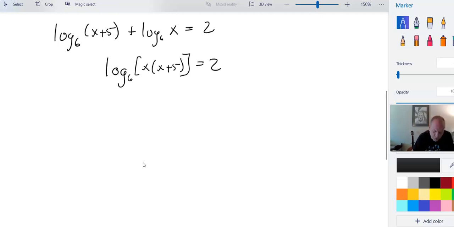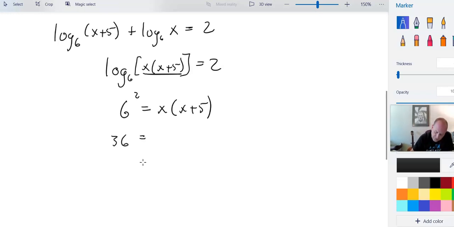And that's equal to 2. Well, you notice this is now in the same form as the last type of problem, right? So all we have to do is rewrite it as an exponential and solve the resulting equation. So 6 squared is equal to this argument, right? Well, we can't solve it in the form it's in, but if we square this, 36, and we distribute this,